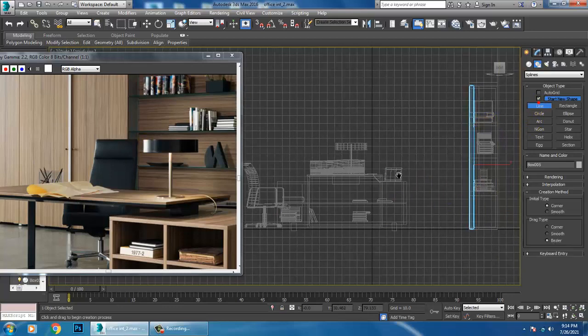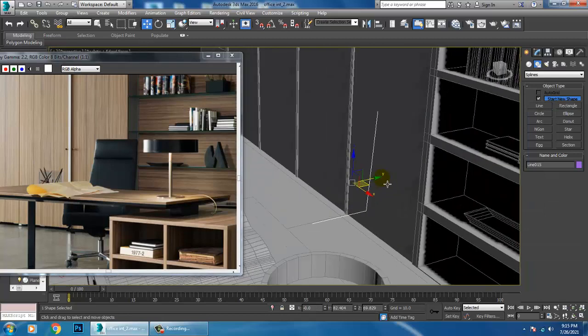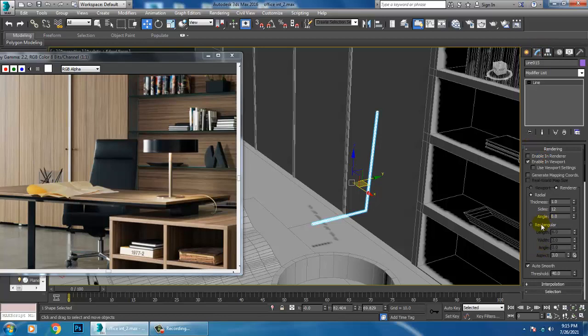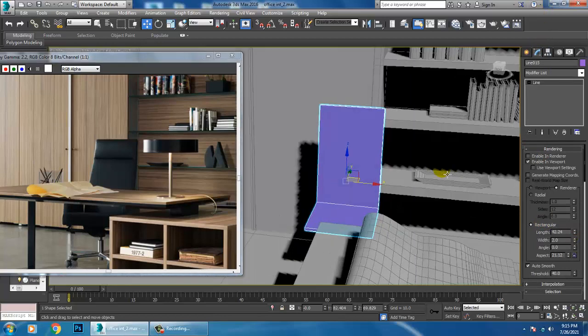Let's take a line tool over here and slightly shuffle this in this way. Let's go into rendering, enable viewport and make it rectangular.